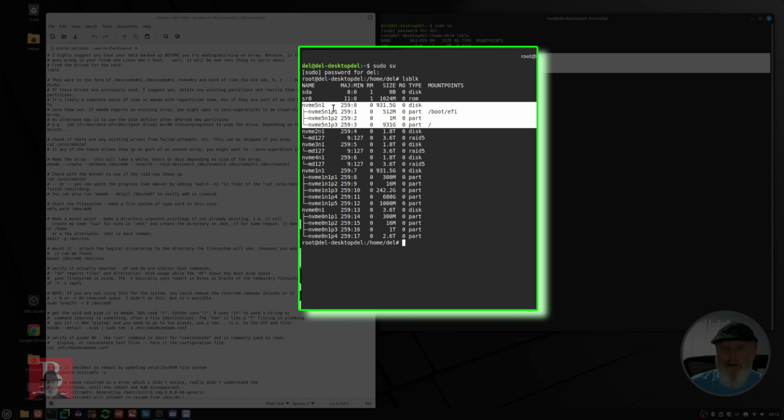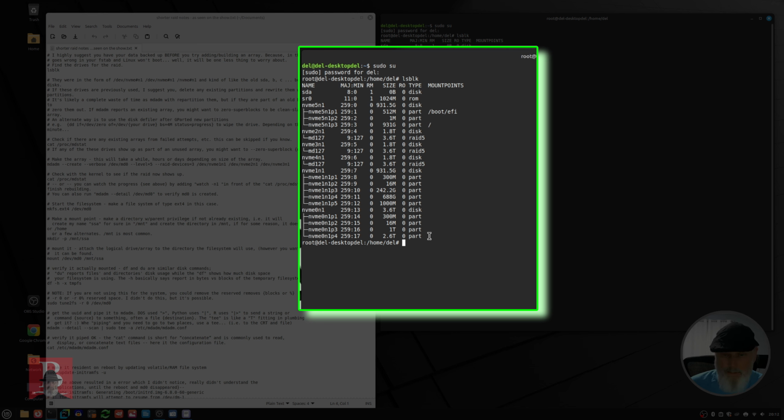And then nvme5n1 with its partitions 1, 2, and 3. That's what those are standing for. Partitions 1, 2, and 3. Those are set up. That's my boot drive that I'm running Linux on. Now, if I come down to the bottom,